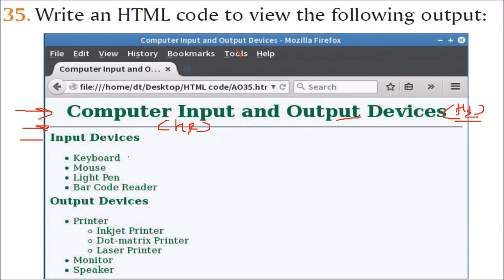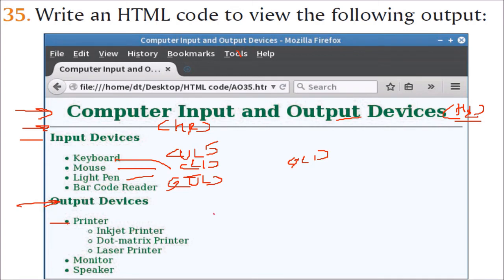And here, for this, you have to give an unordered list. Because these bullets are already there by default, you don't have to give anything. You can give type equal to something so that it becomes circle or something. Then you have to end the ul, and inside li you give all these 1, 2, 3, 4. 4 li's will be there, list. Then write this, inside this print you make a ul end. But this list, first list, will contain printer, so just write printer here, end printer.